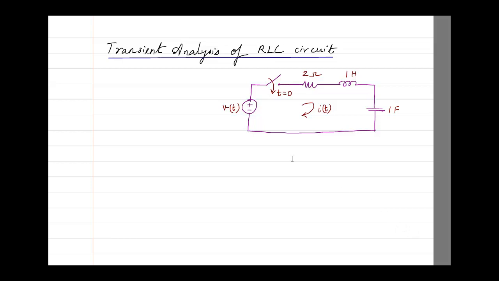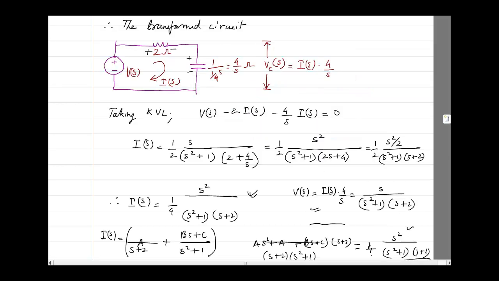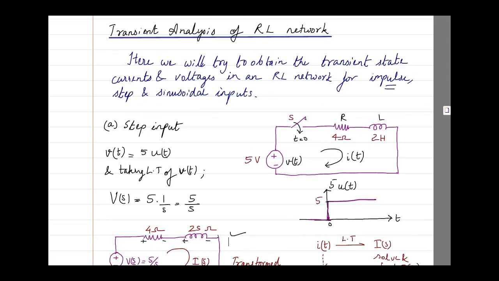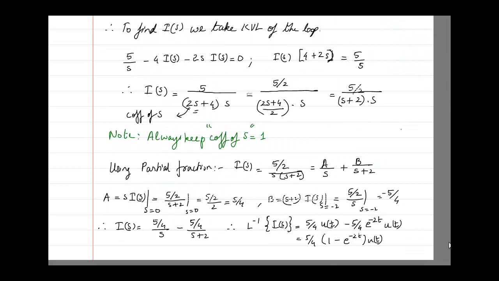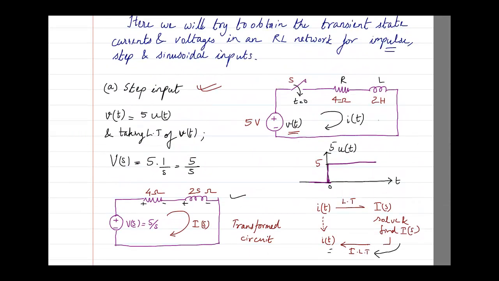And in all the cases, for example, if I go to the previous problems that we have done, we had considered the voltage V of t to be either a step input in one case, an impulse input in another case, and the last one was a sinusoidal input. So what happens in each of these cases and what is the final output equation of the current in each one of those, that is what we had done.